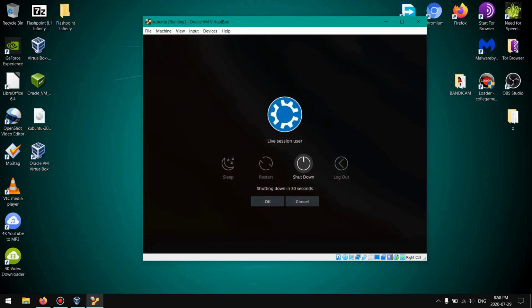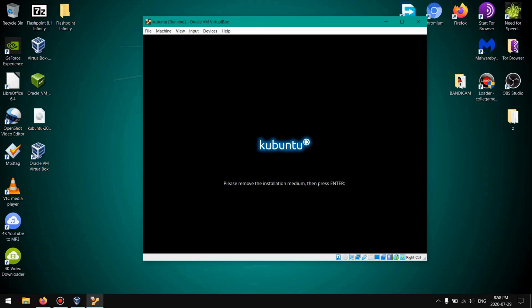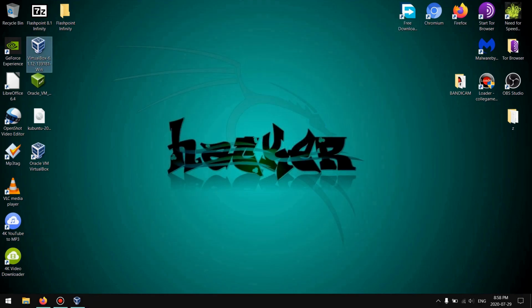And it's done. VirtualBox is a very good software for virtualizations, but you could also try Microsoft Hyper-V, VMware Workstation, or Linux KVM with graphical user interfaces such as GNOME Boxes or Virt Manager.